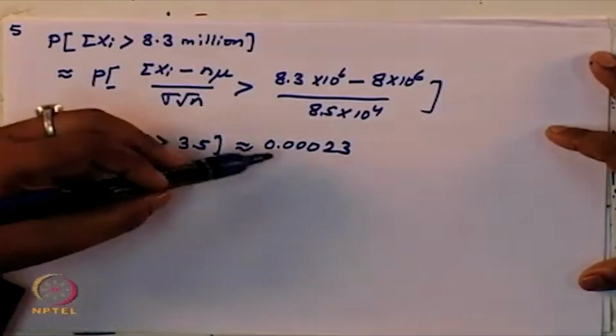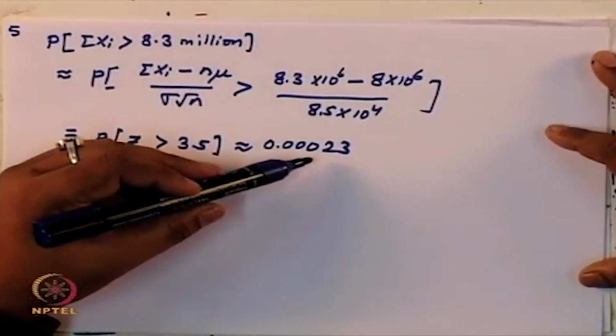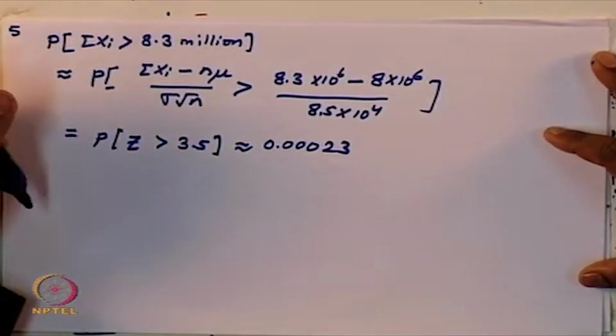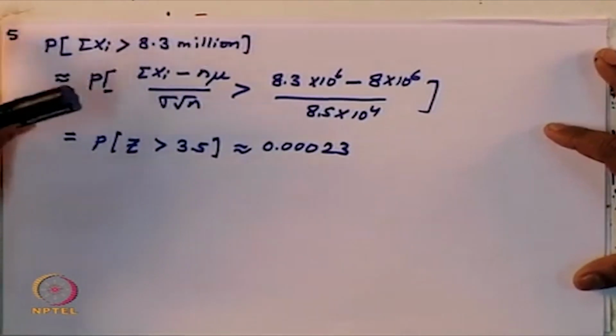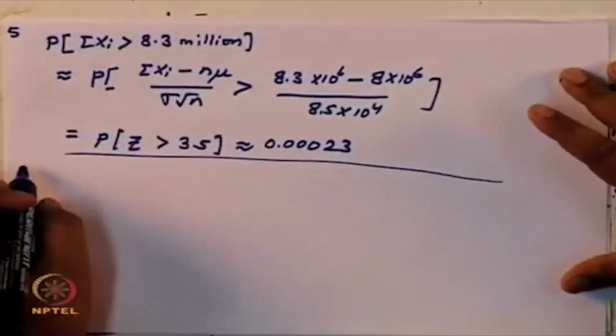Okay. So, as you can see there is very little chance that the claim is going to be more than 8.3 million. Okay. So, this is how you make use of central limit theorem to make a prediction of calculating the chance that this particular insurance company will have to disburse these funds. And these are calculations which the company does at its end to figure out how much insurance amount it should charge, so that it makes a certain amount of profit. Okay. So, let us go to another example.